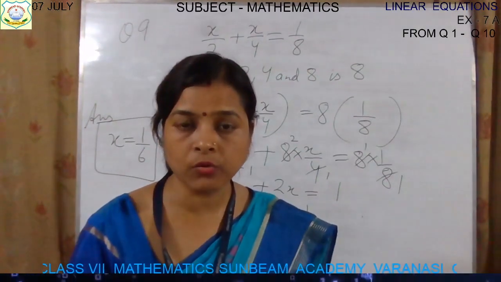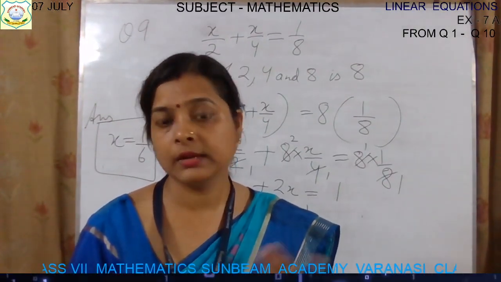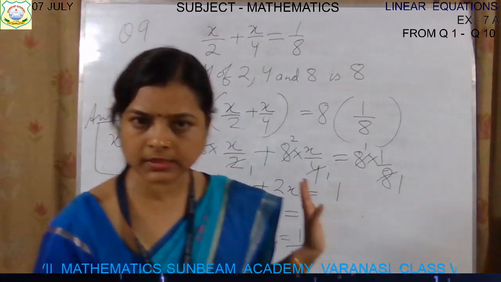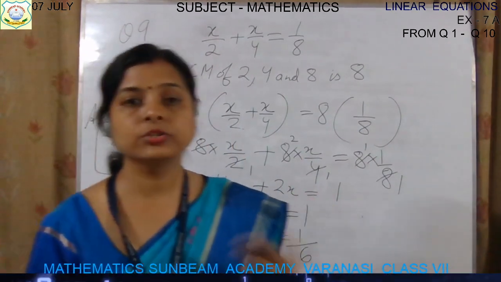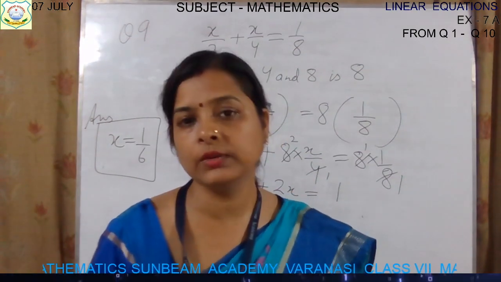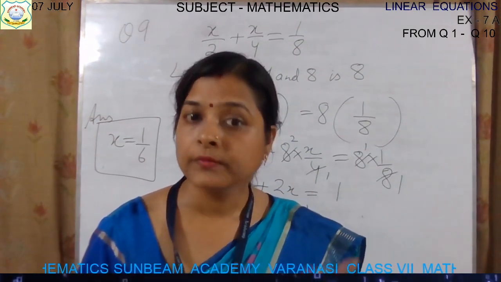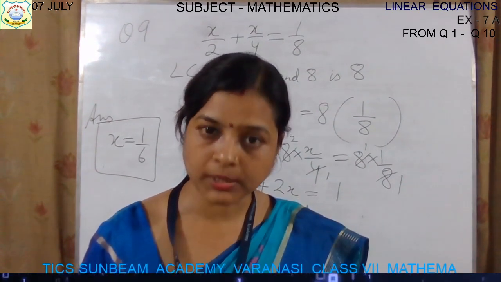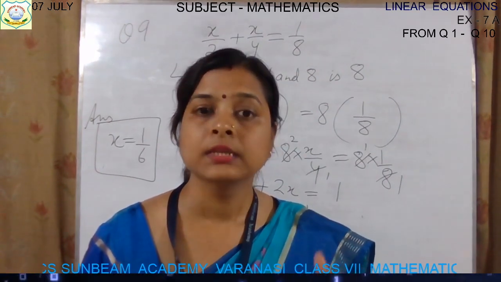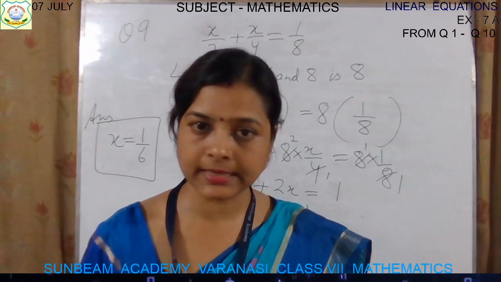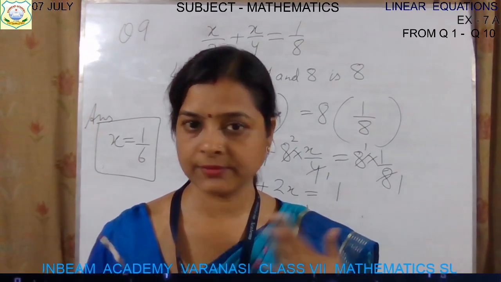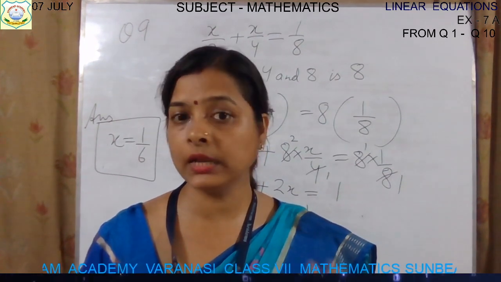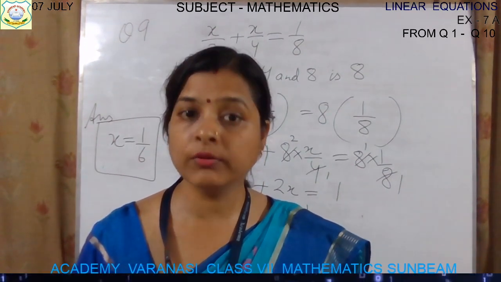Now what is your homework? At your home, you have solved this classwork right now. Now in your homework notebook, you will write down all even number questions. That is question number 2, question number 4, 6, 8 and 10. Total 5 questions. I have solved 5 questions. Now it's your turn to solve 5 questions, all even number questions, in your homework notebook.